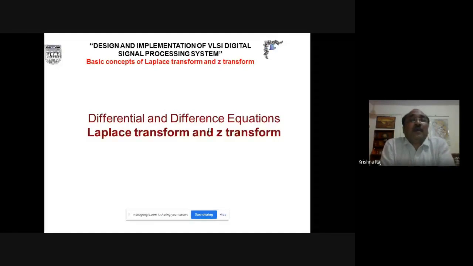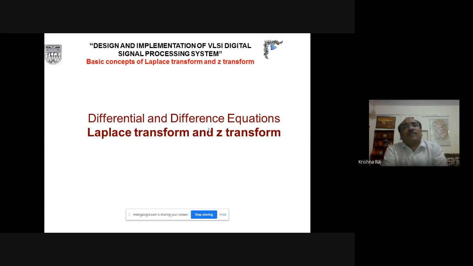That is one thing. Simplicity is one benefit. And the second is that we are interested in analyzing the behavior of the system in the time domain as well as the frequency domain. So in this lecture, we are going to cover the concept of differential and difference equations when they are transformed into the frequency domain. What happens when we use the differential equation? For the purpose of the transformation, we use the Laplace transformation.